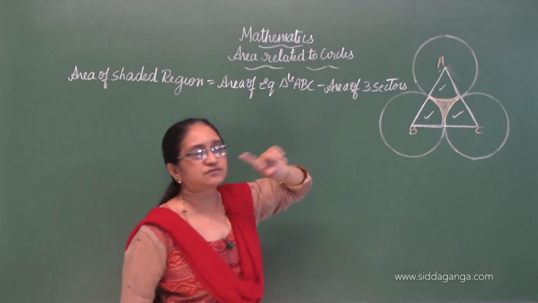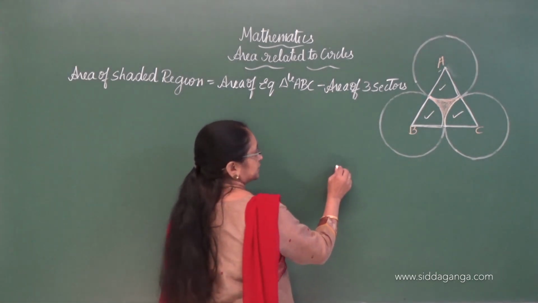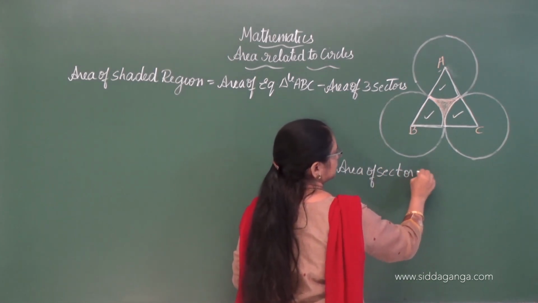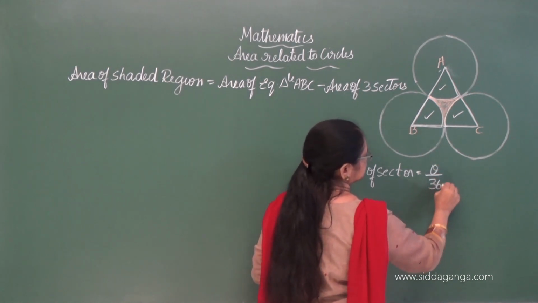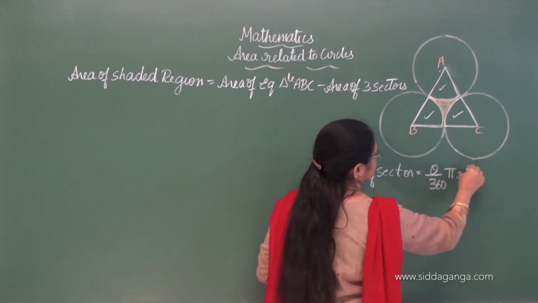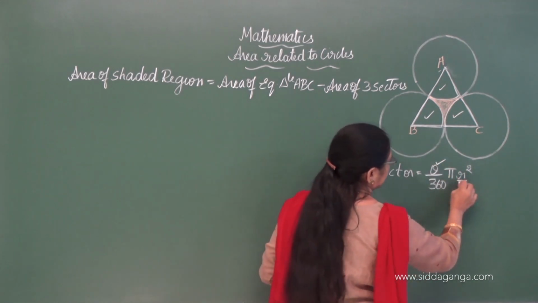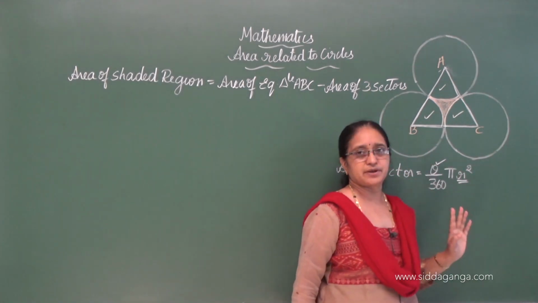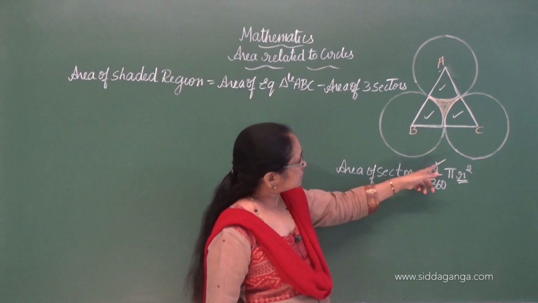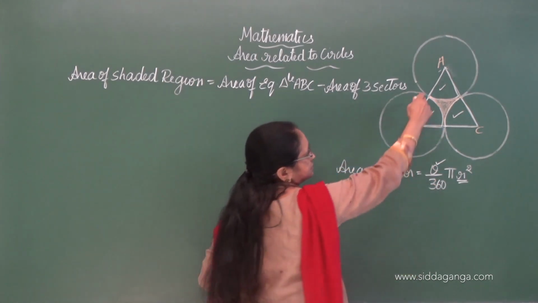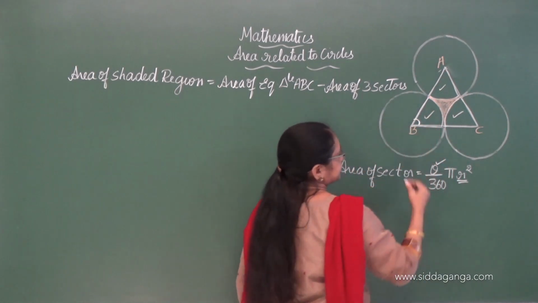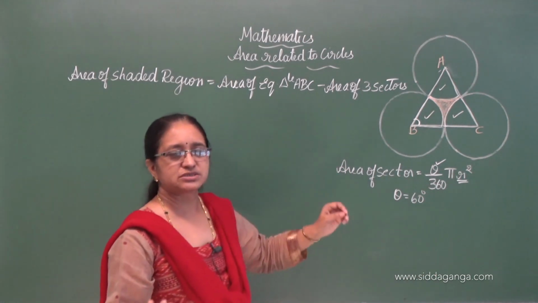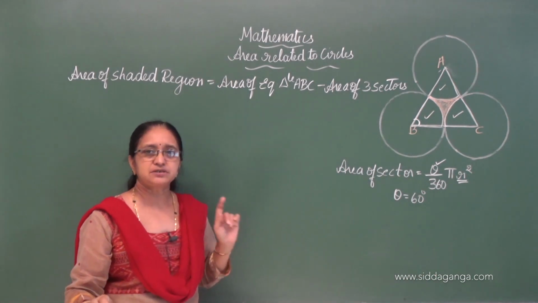But when you want to find out the area of the sector, what is important? See, when you want to find out the area of the sector, you all know the formula, theta by 360 into pi r square. So the unknown is theta and r. Is it clear? So unknown is theta and r. Okay. Now theta we know because, since it is an equilateral triangle, we can take it as 60 degree. Theta is 60 degree. Okay, no doubt. Okay, because they have mentioned ABC is an equilateral triangle.